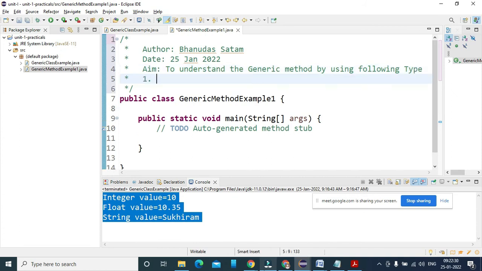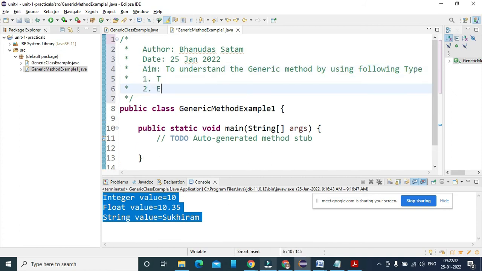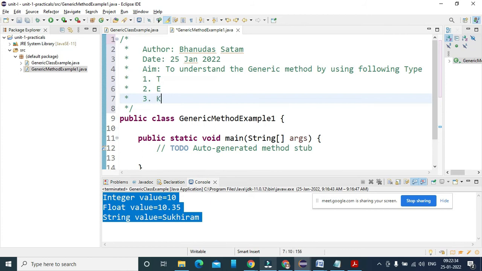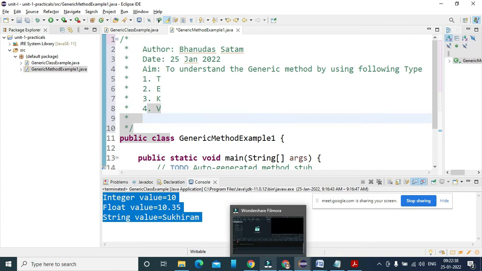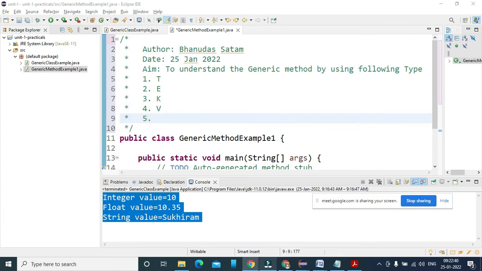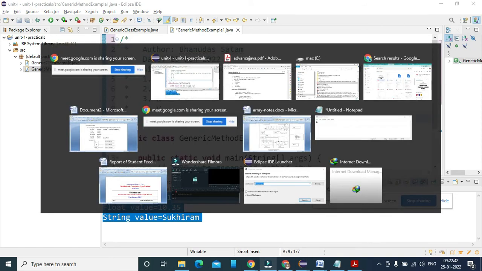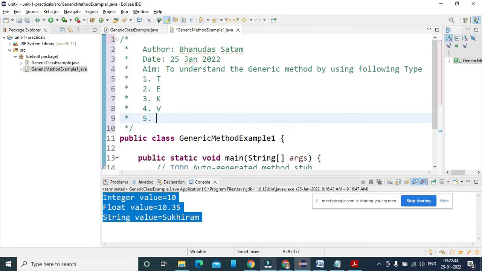The first is T, second is E, third is K, and the fourth is V. Actually K and V go together. So T, K, V, and N.